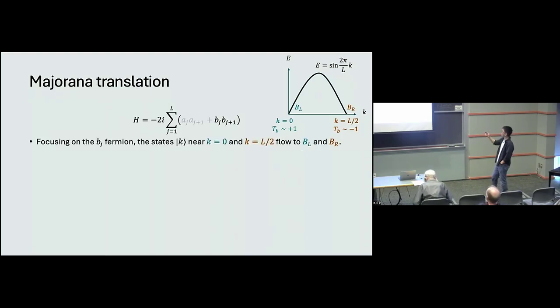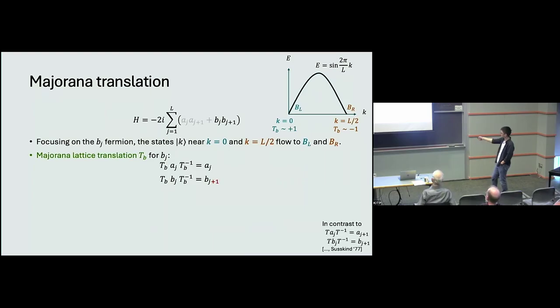So the hero of the story is this Majorana lattice translation operator. Since we only focus on the B fermion, we want to talk about an operator that shifts the B fermion by one site, but leaves the A fermion as is. This is to be contrasted with the lattice translation that moves both the A fermion and the B fermion by one site. This symmetry has already been discussed many times in the literature, starting from Lenny's paper back in the 70s. But this operator T_B is more obscure when you write everything in terms of the complex fermion. And this is an advantage of working with the minimal representation of the fermions.